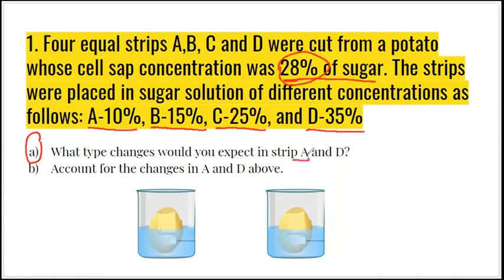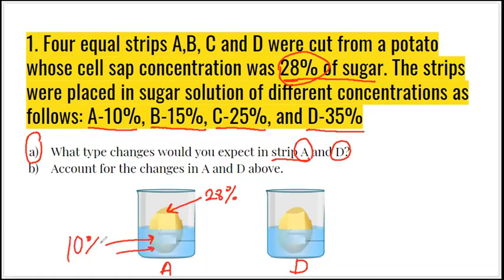If we dip that potato strip in solution A, which is 10% sugar solution, let's say this is A and this is D, because we have been asked about A and D. The potato has 28% sugar, and solution A is 10% sugar solution, so our potato looks hypertonic